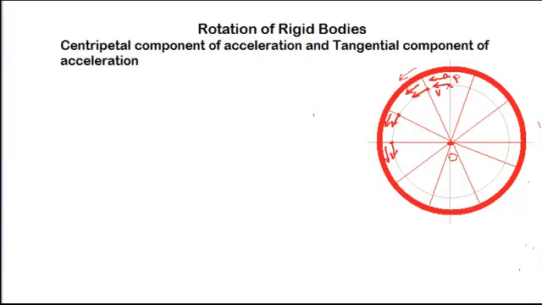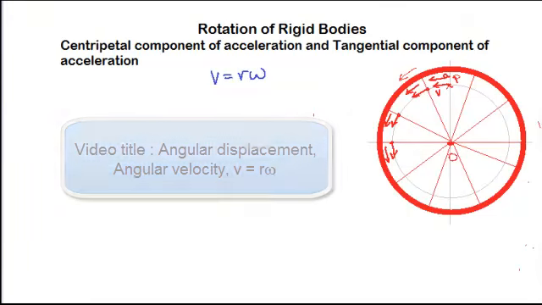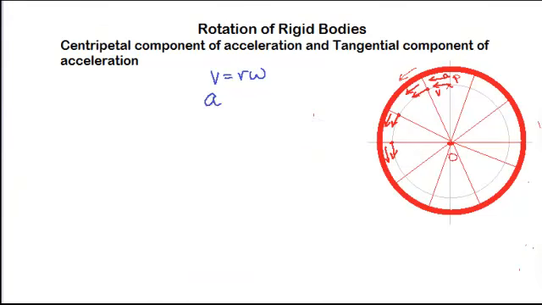Next, we'll write the mathematical expression for the velocity and the acceleration. Velocity v is equal to r omega, where r is the radius of the circular path along which the particle is moving and omega is the angular velocity. Now, in case you're not familiar with this expression, please watch my video titled Angular Displacement, Angular Velocity and Relation Between Them. Okay, now over here, we'll next write down the expression for the acceleration, the tangential acceleration, this one, which is tangent to the path and along the velocity.